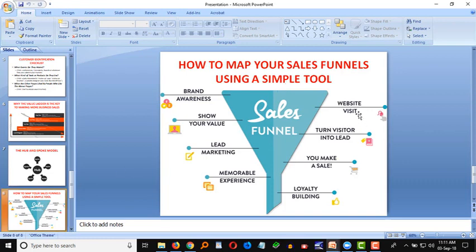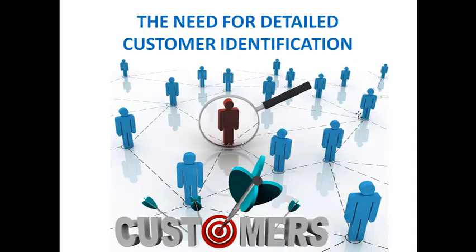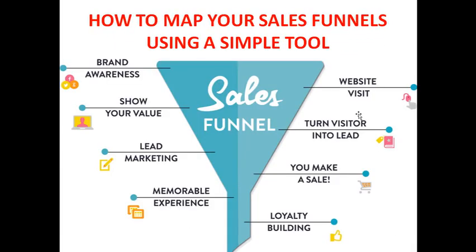As you can see in this slide, this is a typical sales funnel. You get people to come in via traffic, either Facebook, Twitter, Google, or any other traffic source. Then they visit your website. Then you show your value, where you teach and give out free things. Then you turn them into leads, where after seeing your value, they opt in. Then you start marketing to them, providing further value. Then you make a sale, and by the time you make a sale, you also provide value via this sale. Then on and on until those people become